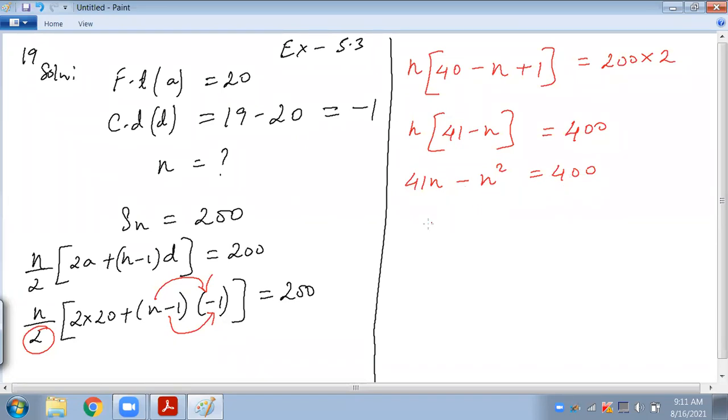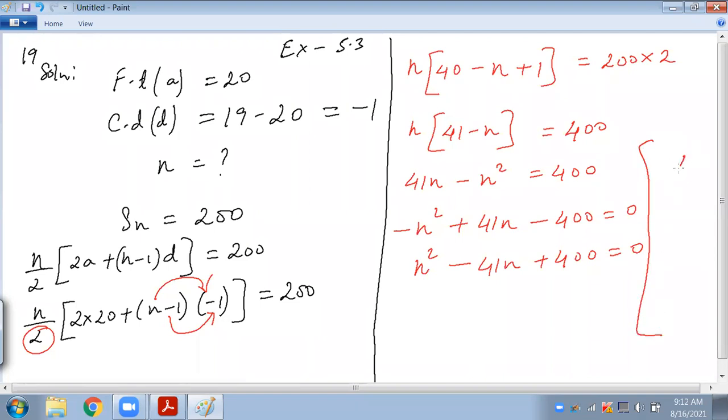Then arrange it. Minus n squared term first, then the n term. Then bring the constant also to this side. Okay, now the n square term is negative, so change the sign of everything. Minus will become plus, plus will become minus. Again, minus will become plus. Now, what we are going to do is we'll try to factorize it and we'll try to find n. So 400, if you take LCM,